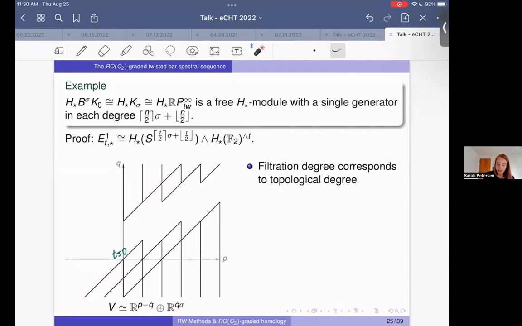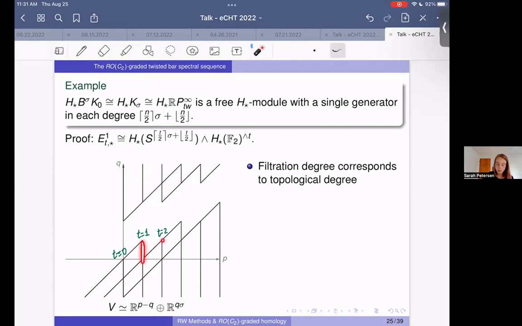And then if we continue going up in filtration, at filtration 1 of the spectral sequence, we get a copy of the homology of a point in degree sigma. Filtration 2, we get a copy of the homology of a point in degree rho, and so on. And something we can recognize is that in this example, the filtration degree actually corresponds to the topological degree. So here at T equals 0,